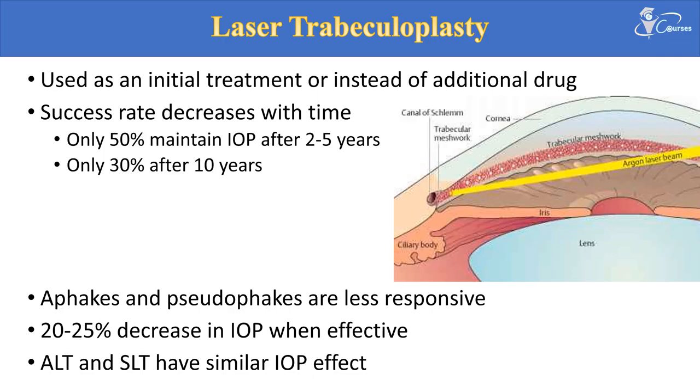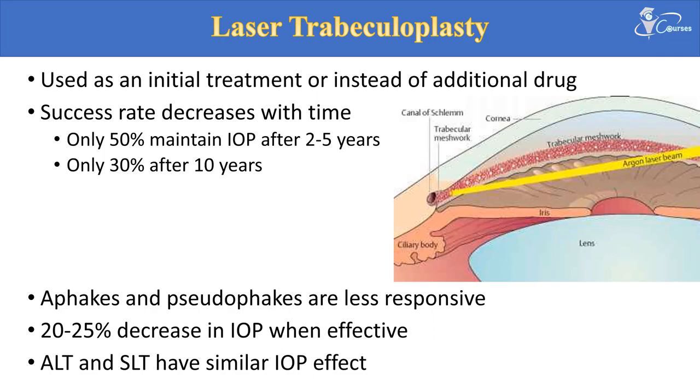We can use it as a primary treatment, as in pigment dispersion glaucoma. You remember the pigment dispersion glaucoma, we say that the laser treatment will be very effective in such cases. Or we can use it instead of an additional drug, like a bottle of medication. So instead of giving the patient 2 or 3 bottles and risking the compliance, we give them 2 bottles and do a session of laser. This will be helpful to increase the compliance